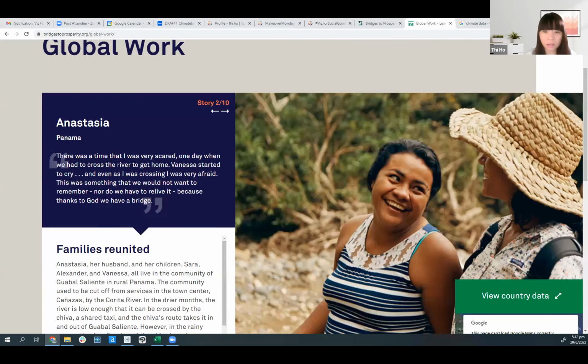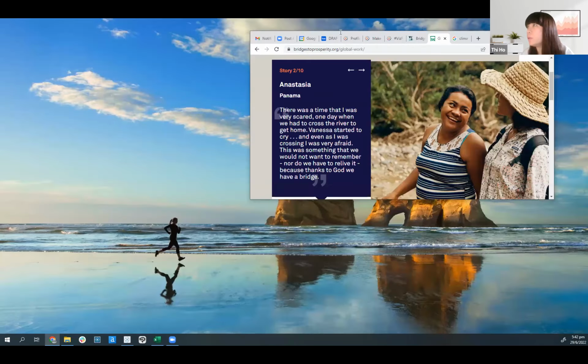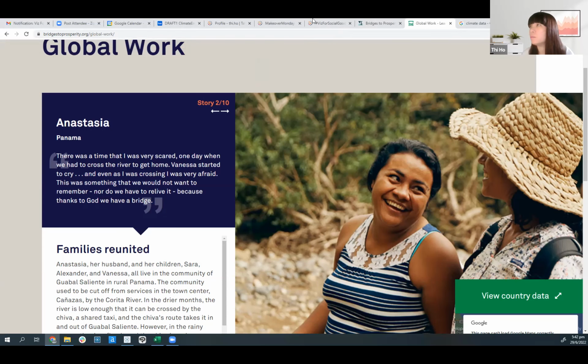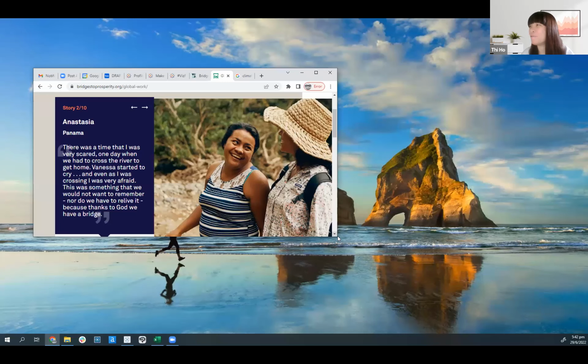Can you see my screen? Yeah, we can see the screen now. Okay, so it's covering my, sorry, not very familiar with it yet.